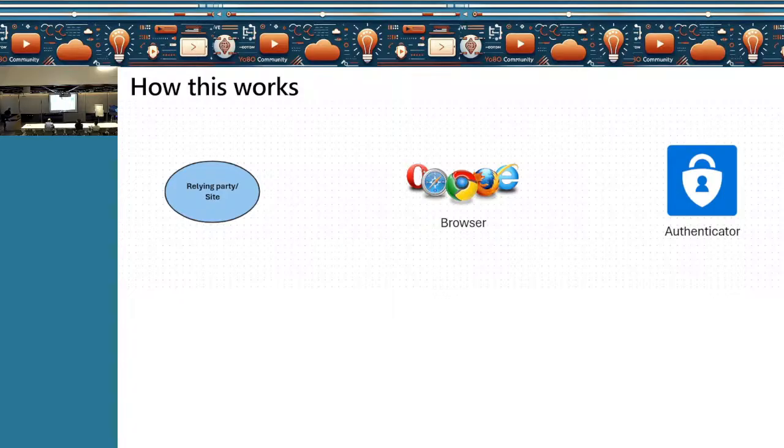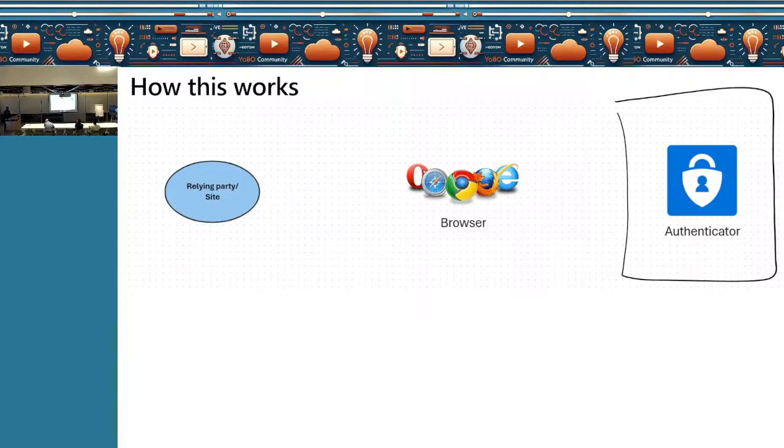Now, when the authenticator is signing, it is verifying two things. One is that it is near the client. So how does it verify it? If you're using cross-device authentication, let's say I'm using a laptop and an authenticator on my phone, it's going to use Bluetooth. So I would need Bluetooth enabled both on my laptop and on my phone. If Bluetooth is not enabled, then it will not be able to check. If it's the same device passkey, then it doesn't need Bluetooth. But a different device is going to need Bluetooth.